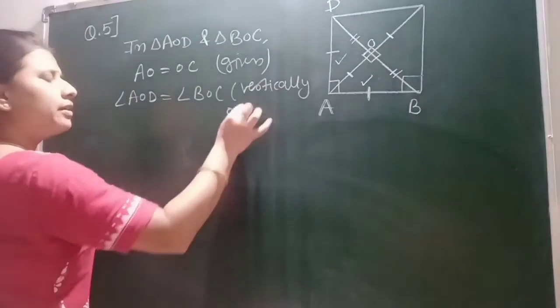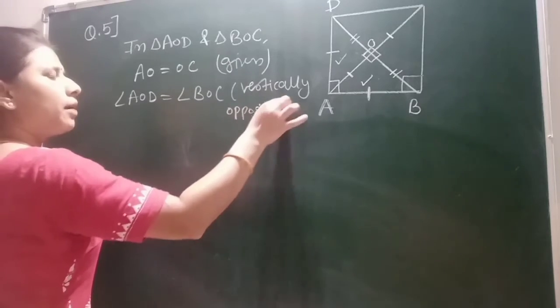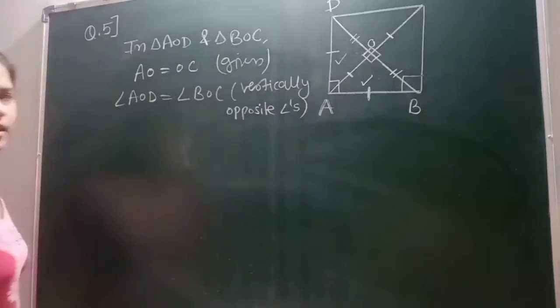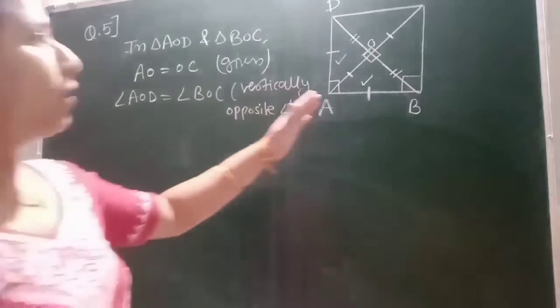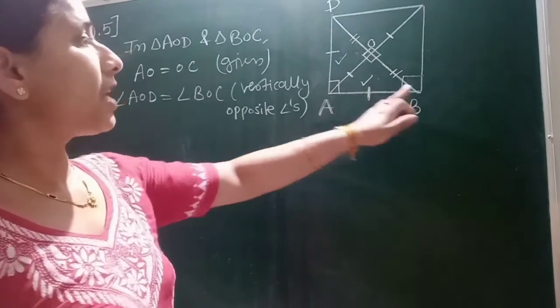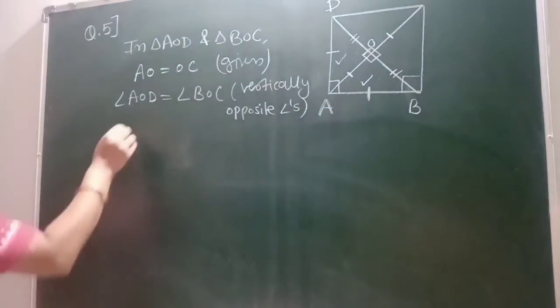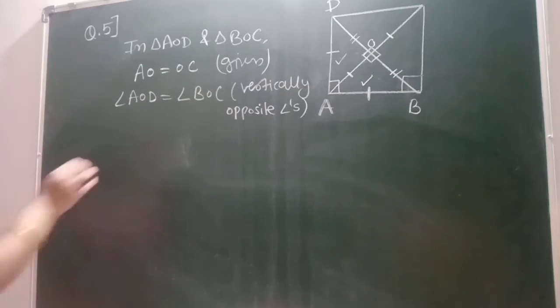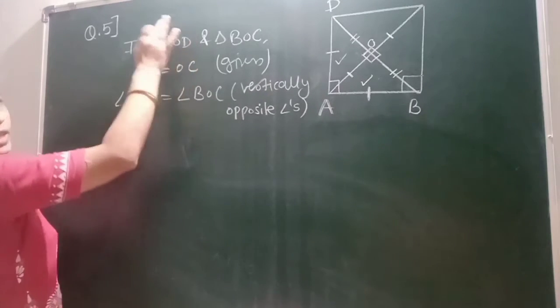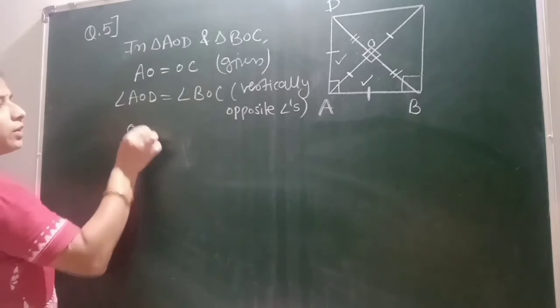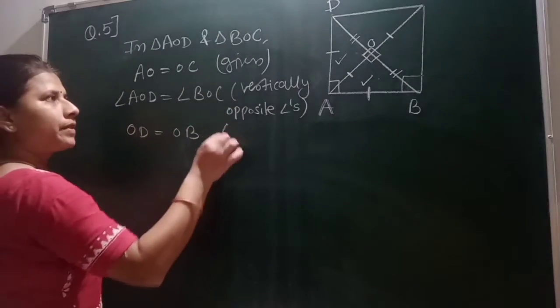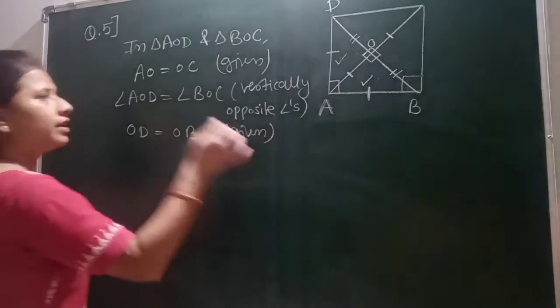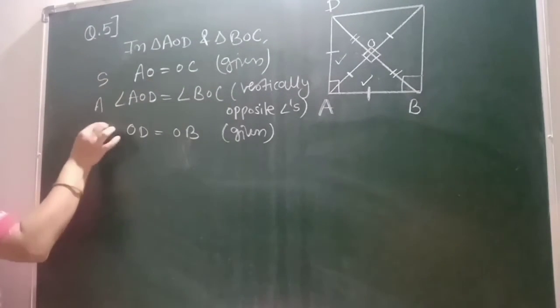Vertically opposite angles. And now we will take another side, BO equals OD. Okay. BO equals OD. Since we are taking the AOD triangle first, so we will write OD equals OB. It's also given. So by SAS,